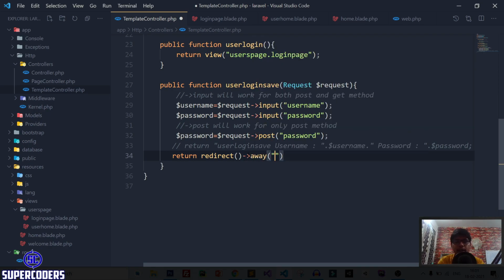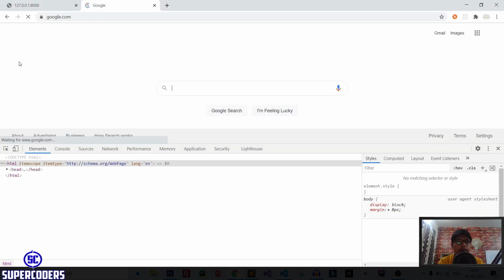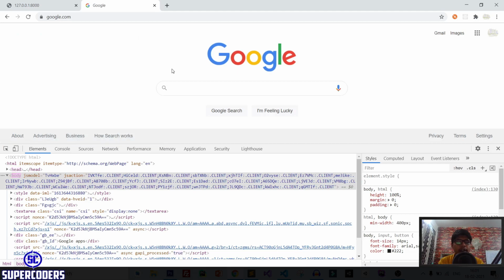So in this way you can redirect the user to any page, whether it exists in application or out of application. Like you can redirect the user to https://google.com. So save this file, back to Chrome, refresh page and submit it, and you can see you can successfully redirect the user to google.com.